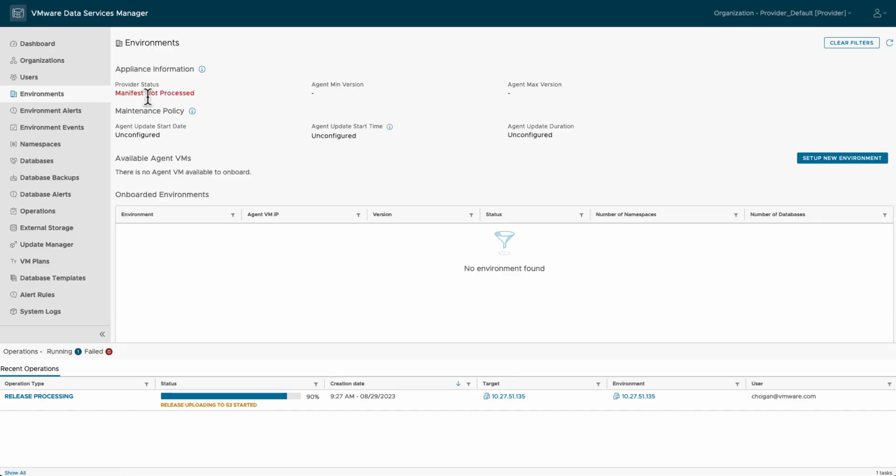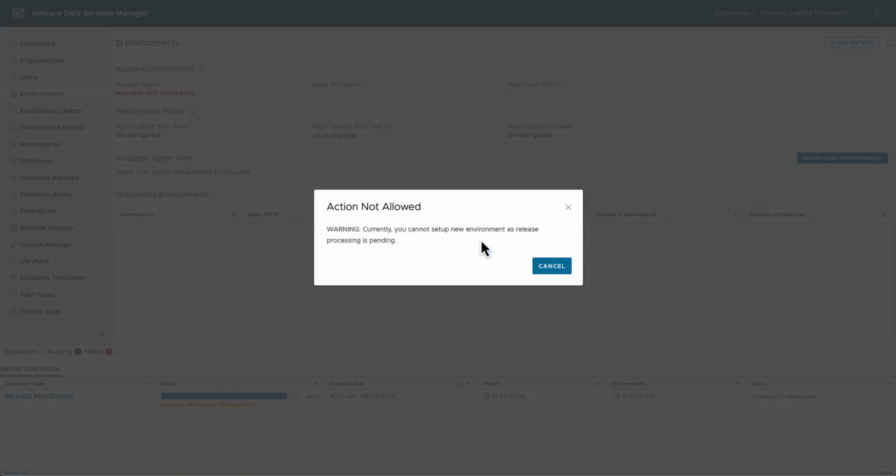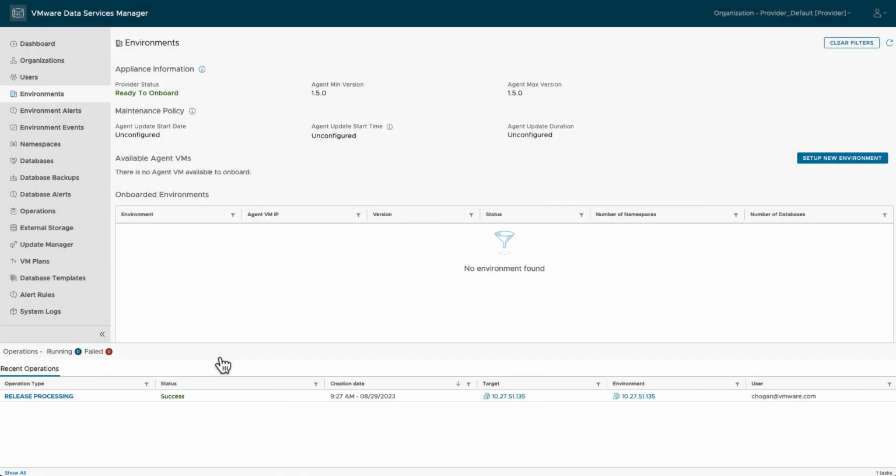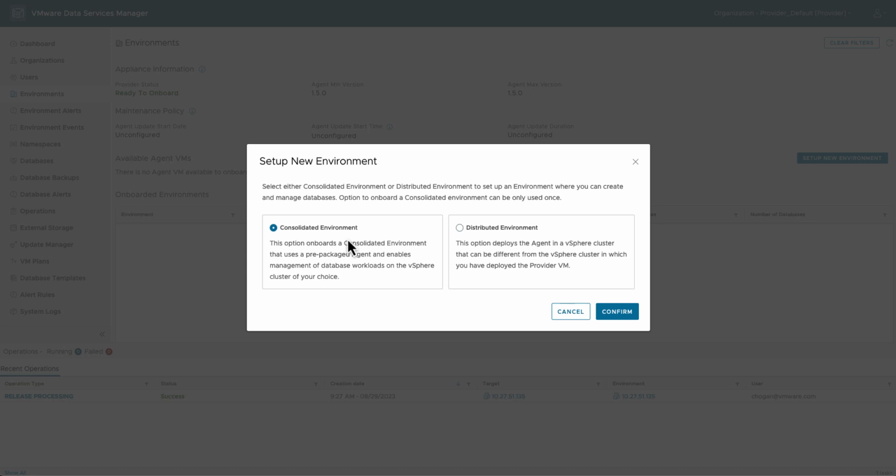I can now go ahead and start with environments. Now I cannot create an environment, which is essentially a set of vSphere resources, while this release processing task is still running. So we just wait for that to complete. You can now see the provider status is ready to onboard, so we can go ahead and onboard a new